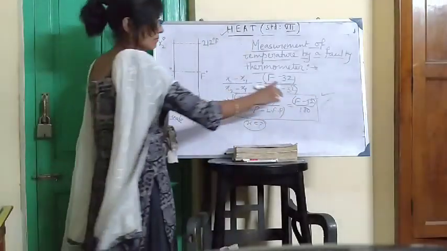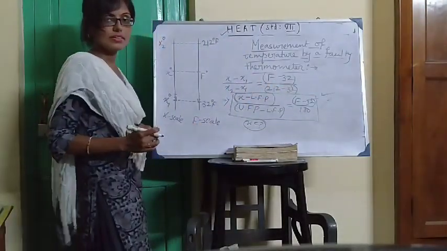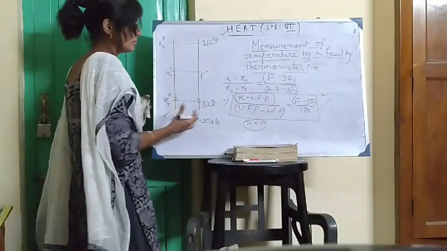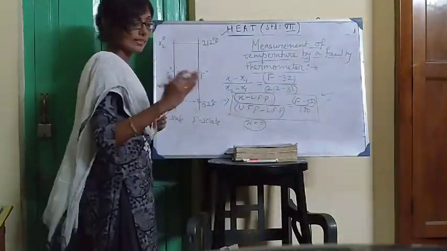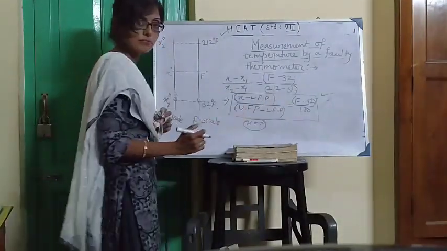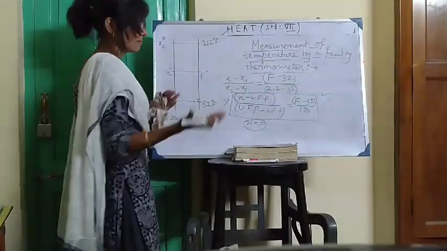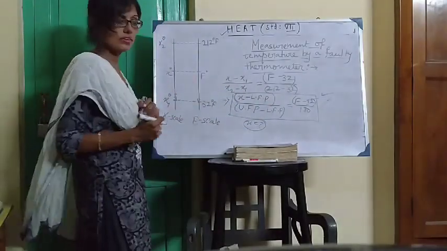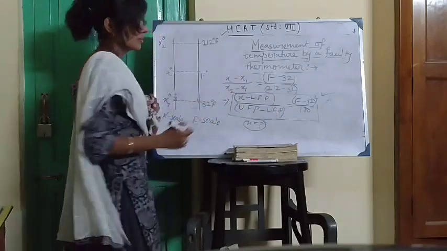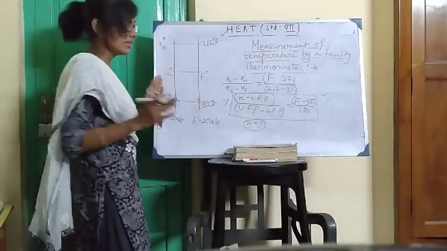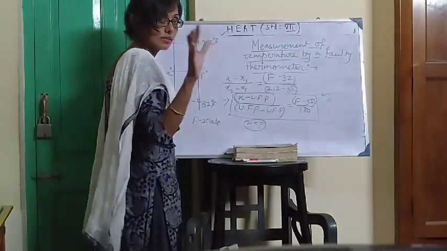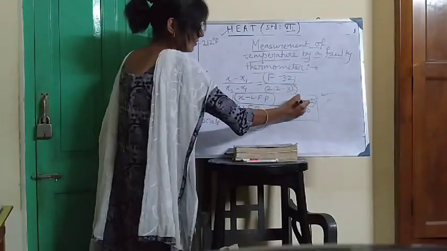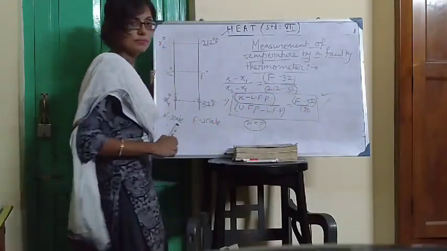Okay, if the temperature in the Fahrenheit scale is given, then what will be the reading in the faulty thermometer? Find the temperature by using the formula, right? Suppose the temperature in the faulty thermometer is given, and the upper fixed point and lower fixed point of the faulty thermometer are given, then find the value of the temperature of the body in the Fahrenheit scale, use this relation.